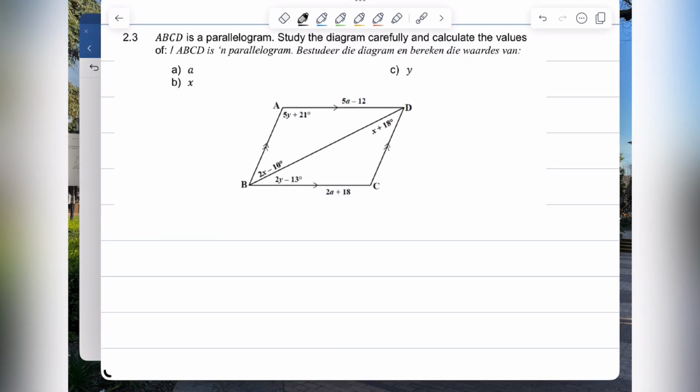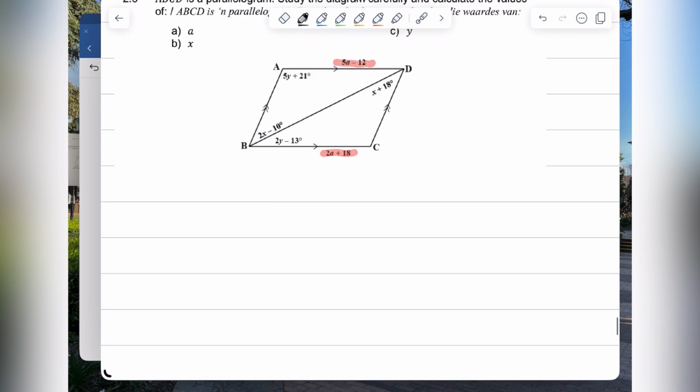Now, if I go back to my diagram, that means that this side, 5a minus 12, which refers to side AD, that whole side is 5a minus 12, and this side over here, BC, they are equal because AD and BC are opposite sides, and then also AB and CD are opposite sides. So we'll see that beide teenoorstaande sye is gelyk aan mekaar. So let's start by solving for A first, because it seems that we can do that. So I know that 5A minus 12 is equal to 2A plus 18, and the reason for that is